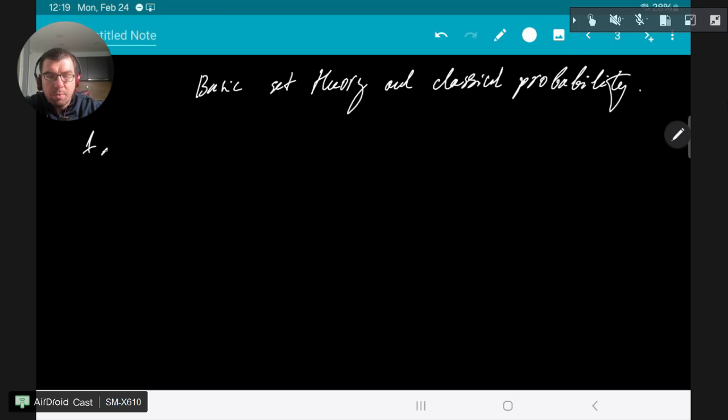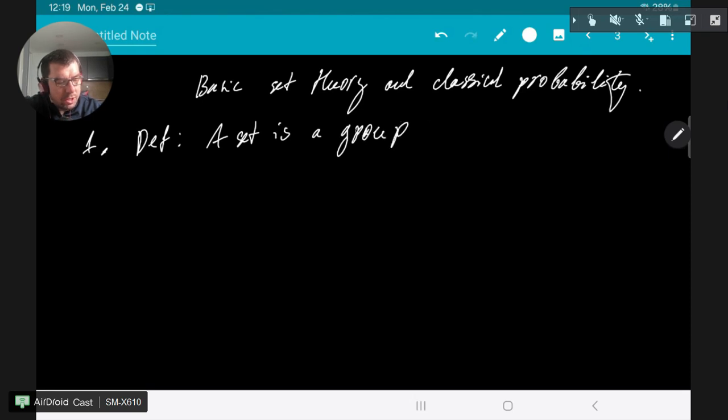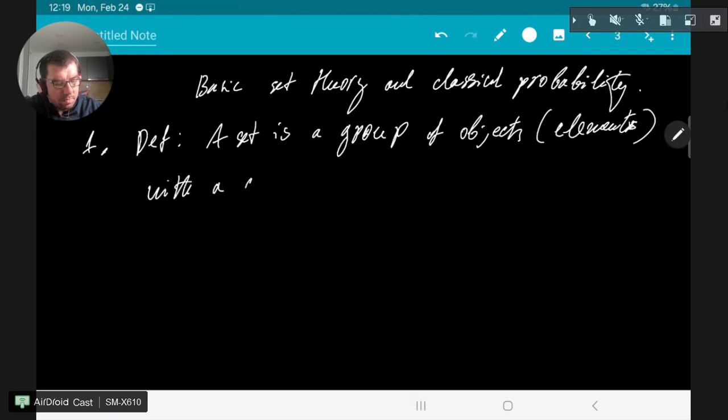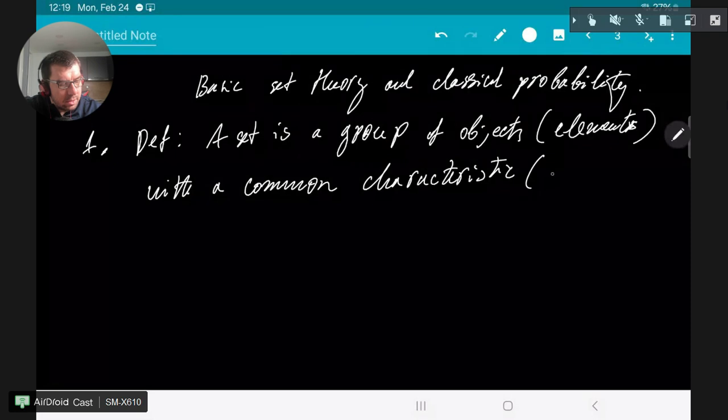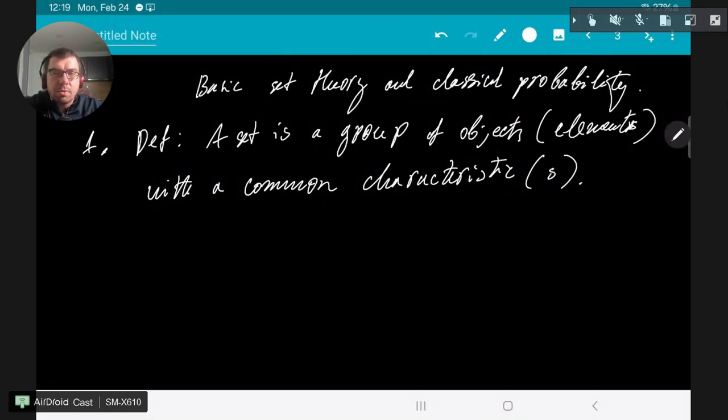So the first thing we want to know is what is a set. So let's give a definition. A set is a group of objects or elements with a common characteristic or characteristics. All right, so when you think of a set at this level, we are going to think of